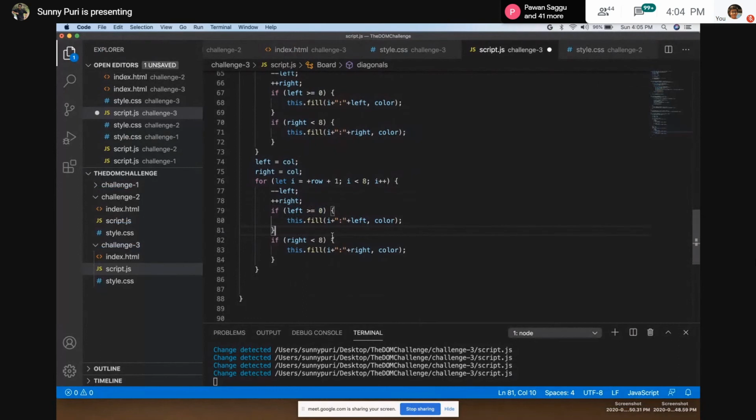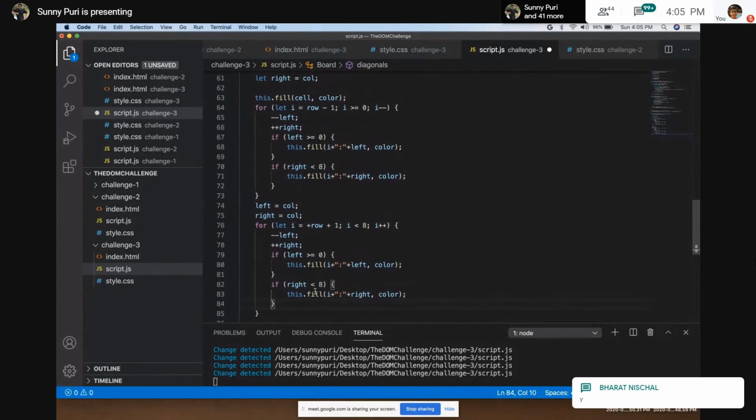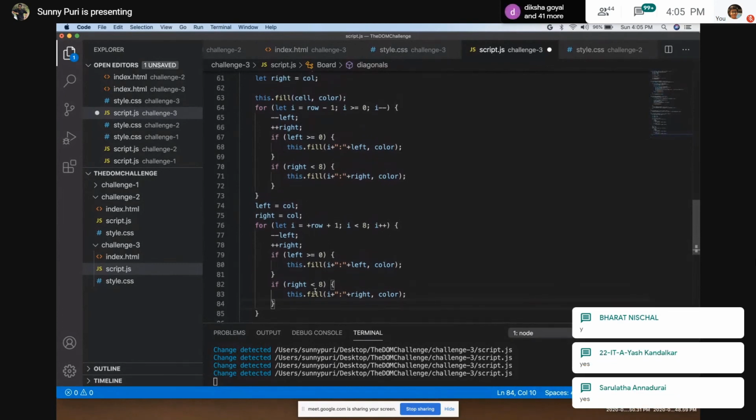Same thing. So what you can do, you can put this logic in some different function and you can use it. That is up to you, but I want to explain it to you so that this logic part should be easy for you. That's why I have done it like this. This is clear, guys? This diagonal part, do you think this is tough now?